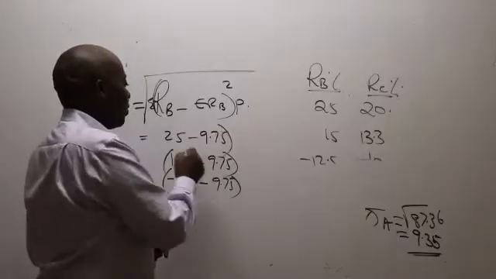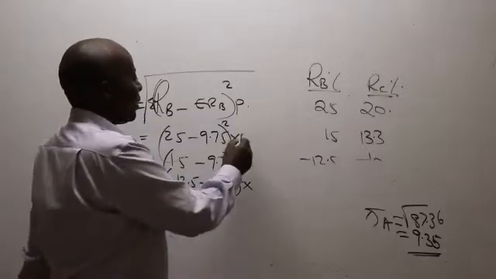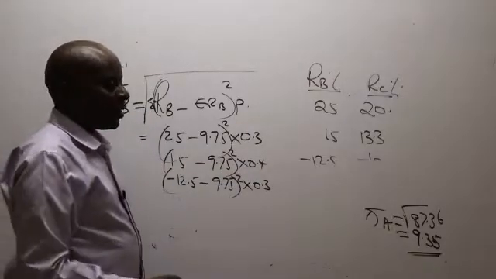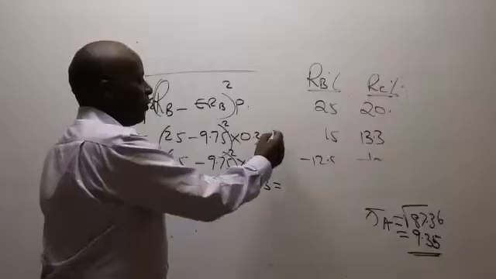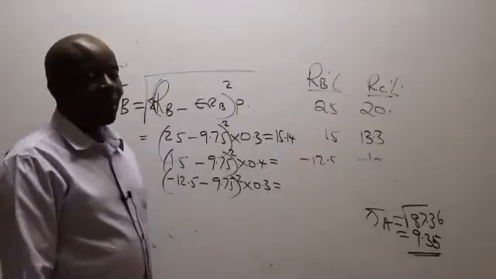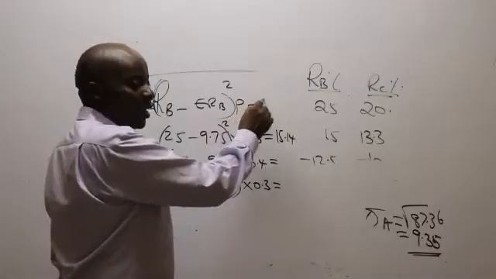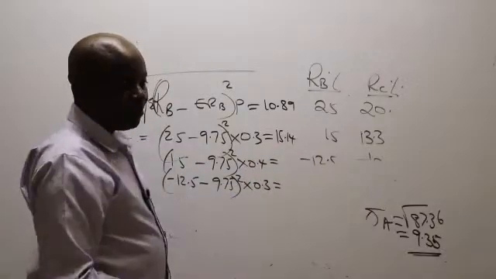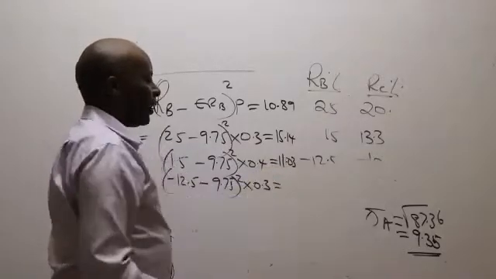And then, ladies and gentlemen, you will come and do what here? You square, times probabilities. So probabilities, we had 0.3, 0.4, if I'm not wrong. So then I'll be able to come here and ascertain the equals. So Anyaki gives me 15.14. Thank you very much, Anyaki. Silvanus has the standard deviation of boy as 10.89. Silvanus, can you kindly give me these other figures? 11.03. The last one.